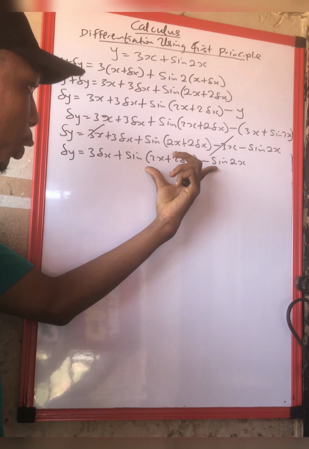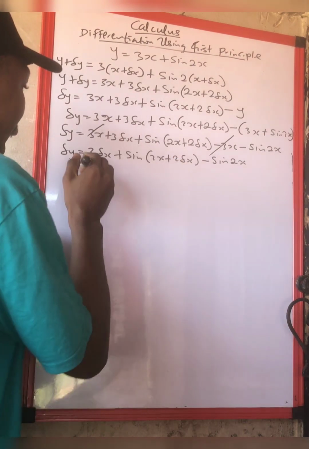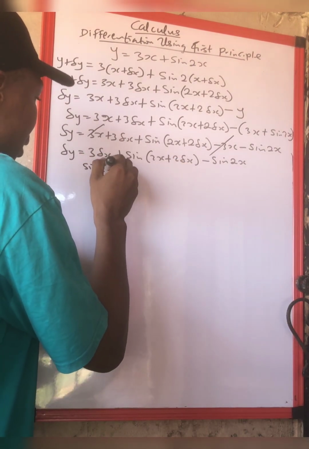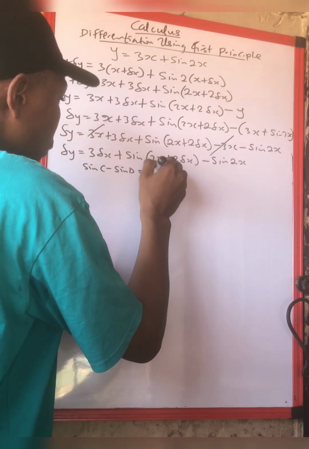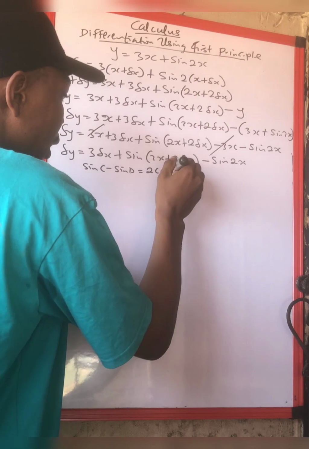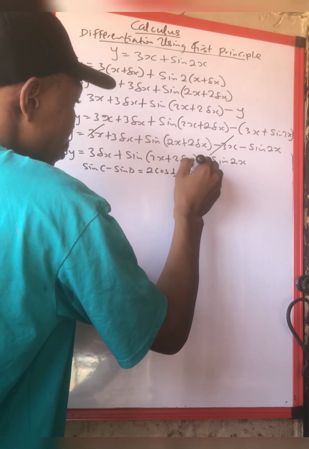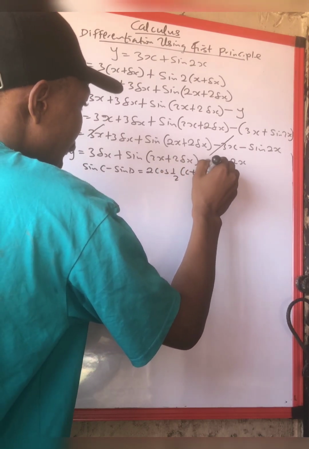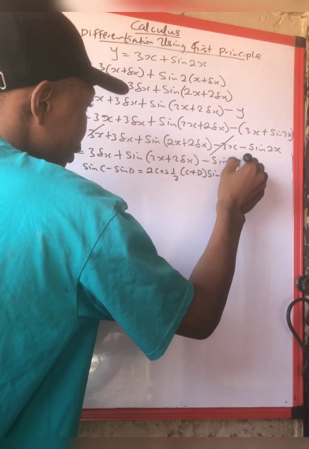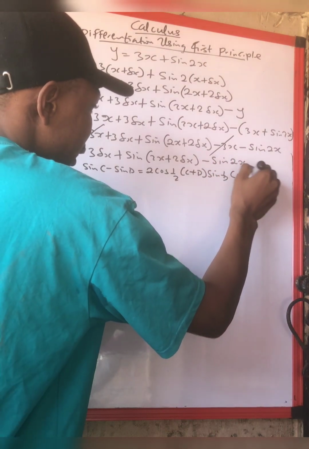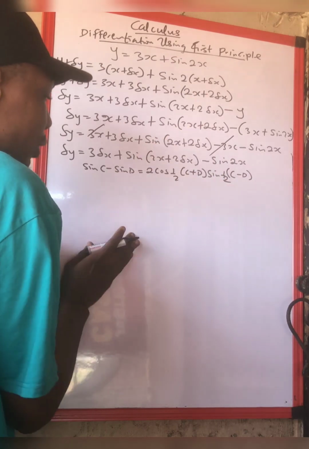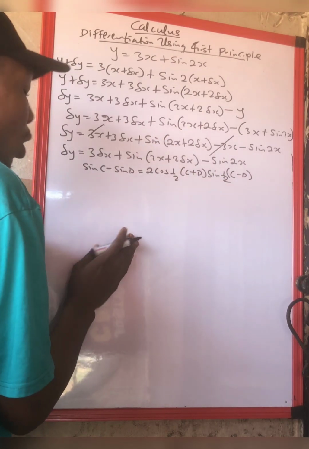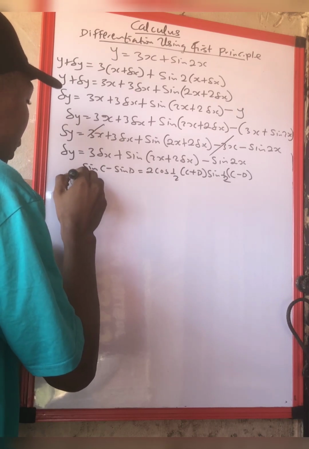You apply it whenever you have sine C minus sine D, which is 2 cos half of C plus D and sine half of C minus D. Applying this expression in this very part of the solution, it becomes Δy equals